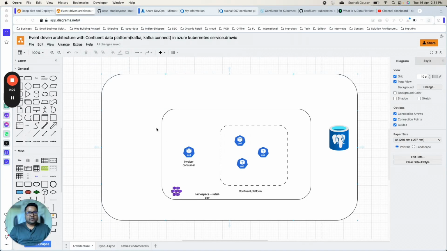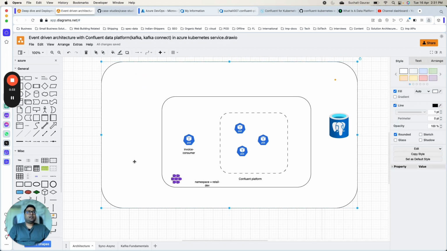Alright guys, so in my last video I discussed the design principles of Kafka and the way it works, and also we talked about the fundamental aspects of it, and we also discussed sync and async communication. So now in this video particularly we will try deploying the event driven architecture, and then we will deep dive inside the Kafka cluster and the Kafka Connect and other services as part of